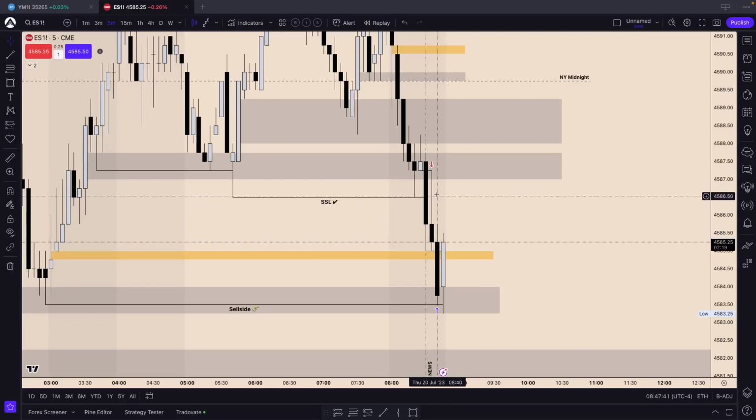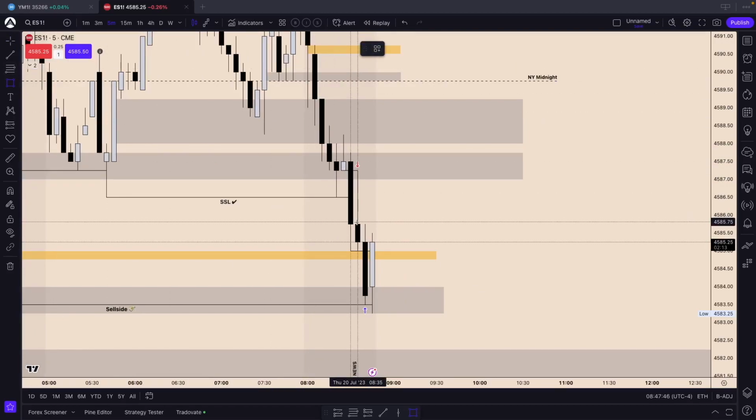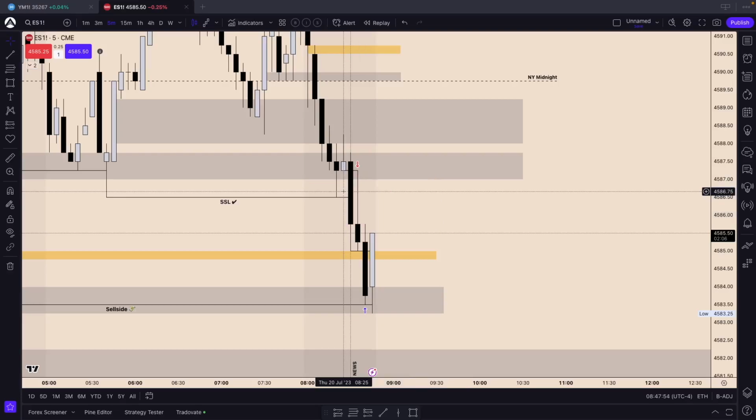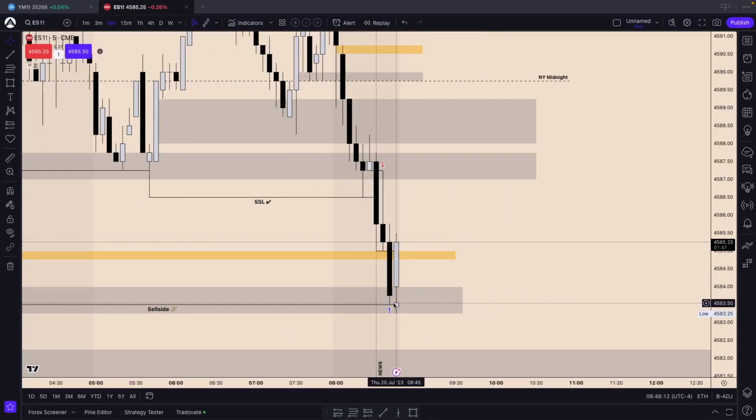We immediately rebalanced this candle right here because up until this candle we had a potential to leave a fair value gap behind. But because price really wanted to deliver efficiently, it pushed right up to exactly the low or the opening price of this up closing candle, and then it rejected and closed bearishly. The following candle continued to push into sell side. It just touched the level, so we had equal lows right here, and that following candle right at 8:45 cleared sell side. We already got our fill right here,